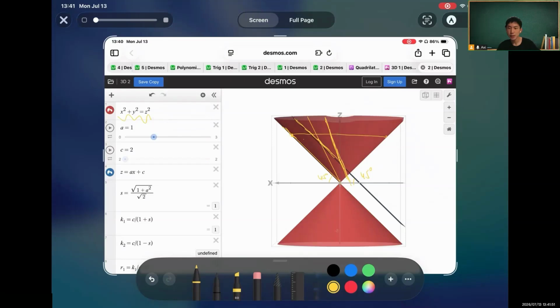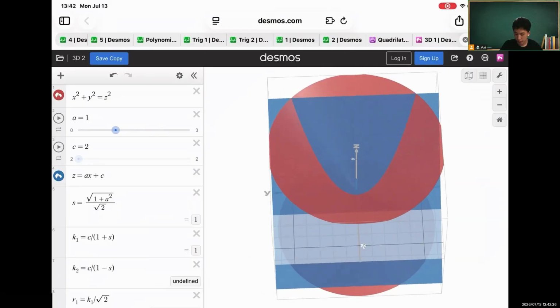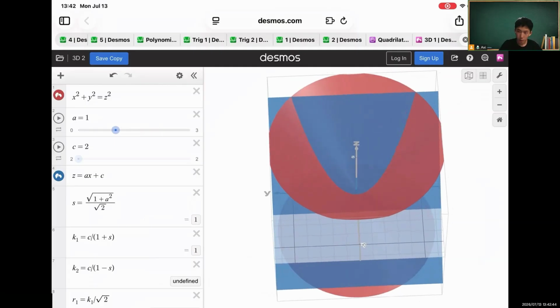So what I'm saying is the special thing is not A equals 1. The special thing about this possibility is the plane is parallel to one of the generators. Under this special circumstance, what we're going to look at is this shape. This is actually a parabola, and as for why it is a parabola, we will take a look in a moment. But when we move